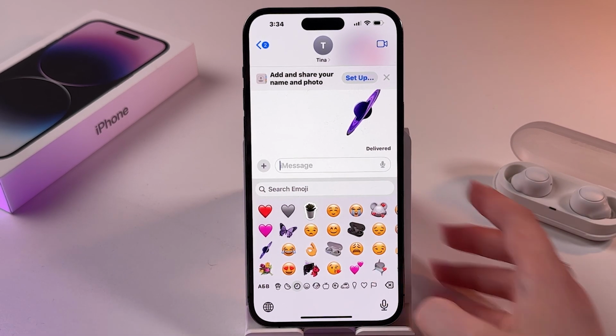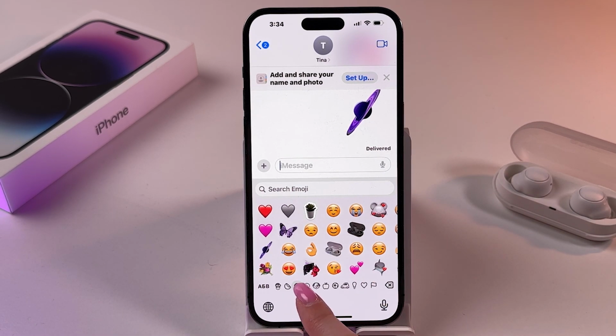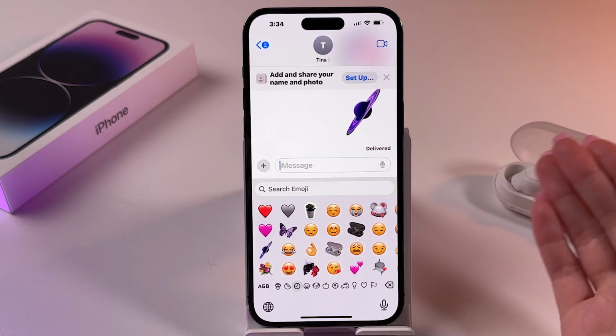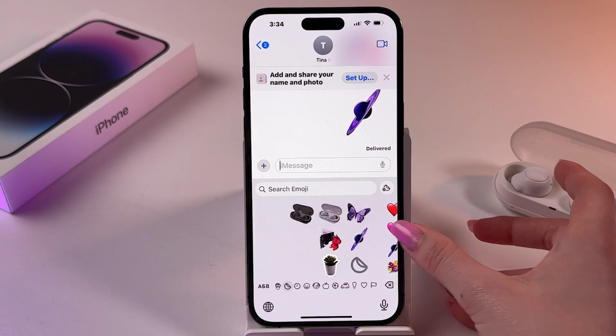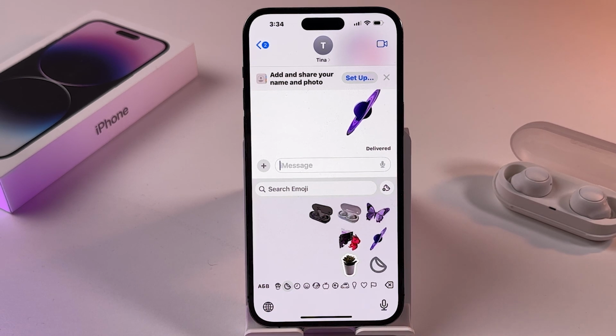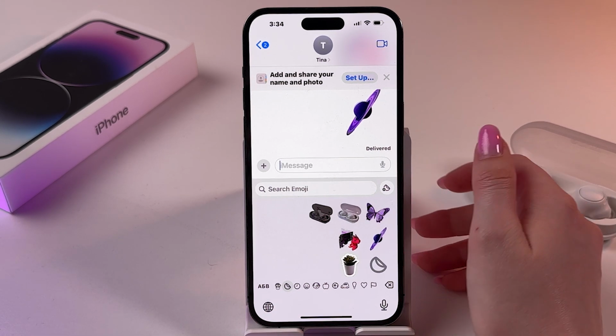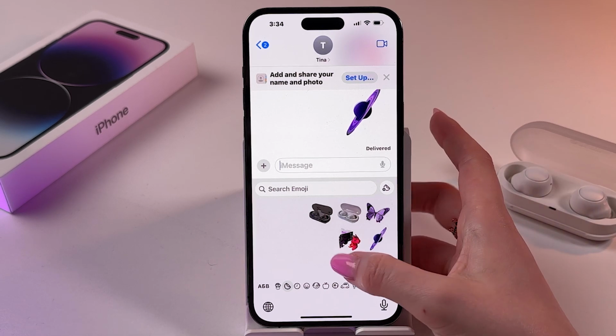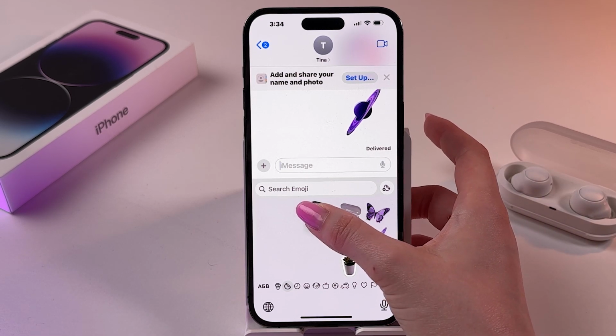After that, you will see your recently used emojis. And to view your stickers, you need to swipe right. And here they are. So now to delete any sticker from the list, we need to press and hold it